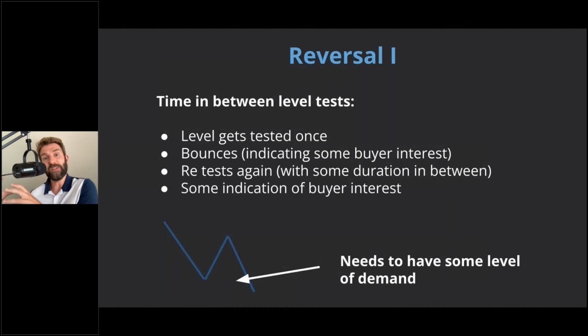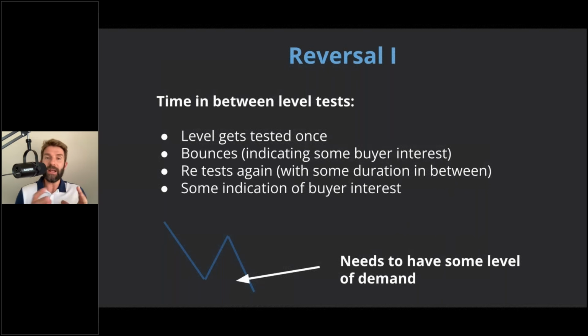And the final piece of the puzzle is the trigger. So we have that filter, then we have that trigger. A filtering process is some of the things we want to see with price before we even consider taking a trade. This isn't the final part, but it's something we want to see. An idea is this: reversal 1.